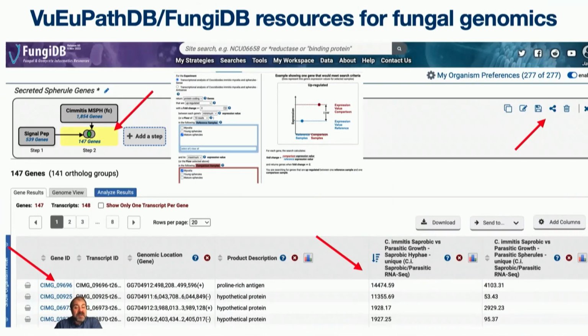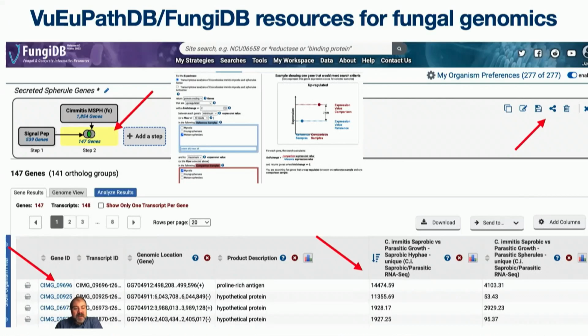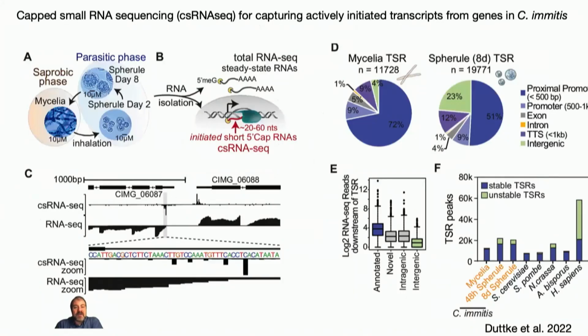And so this first top gene is this proline-rich antigen. If we click on that gene and get a gene page view of it, we can start to, actually I'm looking at the second one, sorry. So it's a hypothetical protein. We don't even know anything about this gene. When I zoom in and look at this gene, I can see homologs to this gene in other species and their predicted functions as well as conserved domains. So FungiDB provides a nice interface for that where you can start to investigate those.